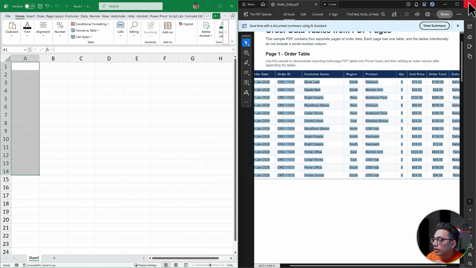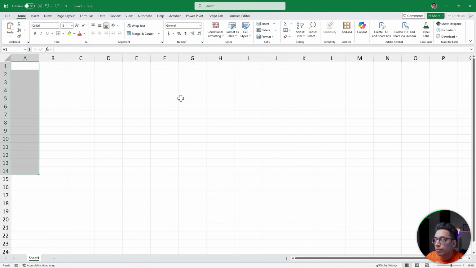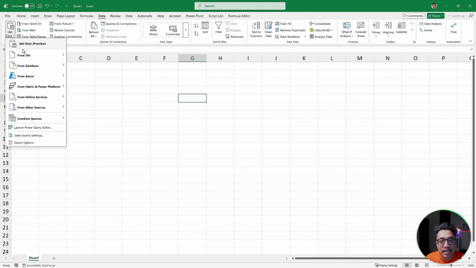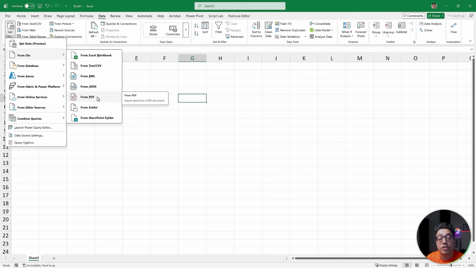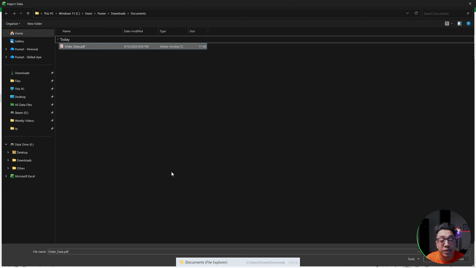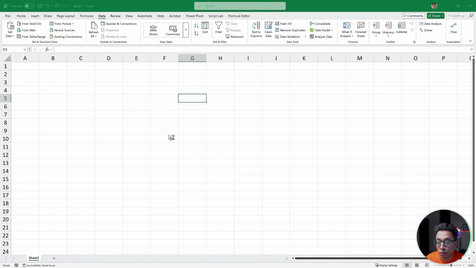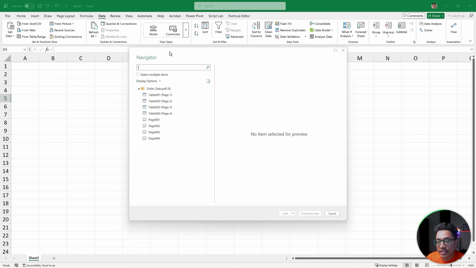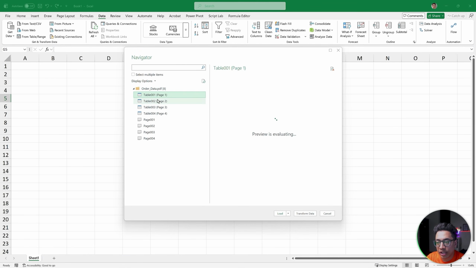So what I'll do here, I'll just close my PDF. Let me just maximize my Excel workbook. And then I'm going to go to Data tab, click on Get Data, and from File, here we have this specific option that allows us to extract data from a PDF. So I'm going to click on it, and then I'm going to select the PDF that I have here and click on Import. And it will instantly give me this navigator dialog box where I have all the tables from